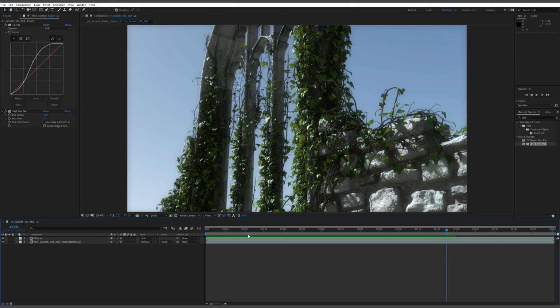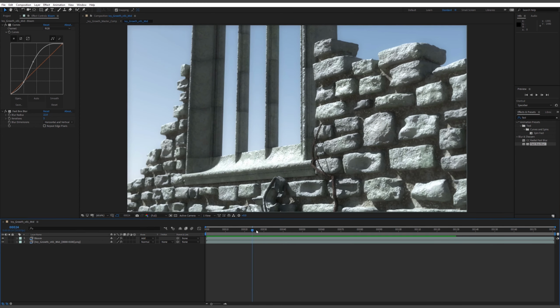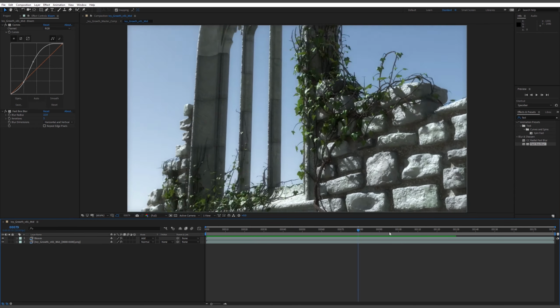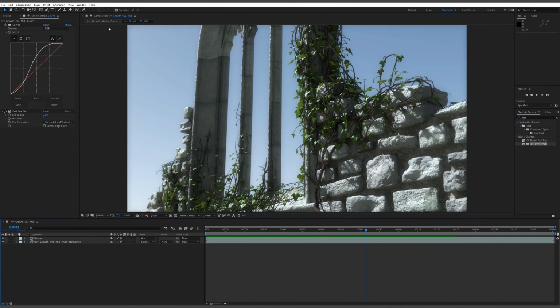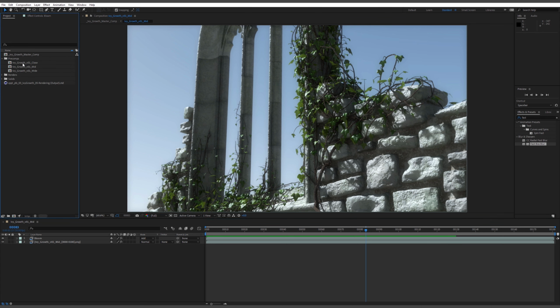There is something that I like that I think is going to really sell it though, and that is to have a flare over the whole scene. So currently our sun is actually top left of our scene here, of our camera frame, and at the moment we have no kind of inkling that there is a light over there. Now I could just create some soft bloomed blurred shapes and kind of animate them with the scene, but I think it would be great if we could actually use the 3D data and then feed that into, we're going to use optical flares to create the flare. So let's